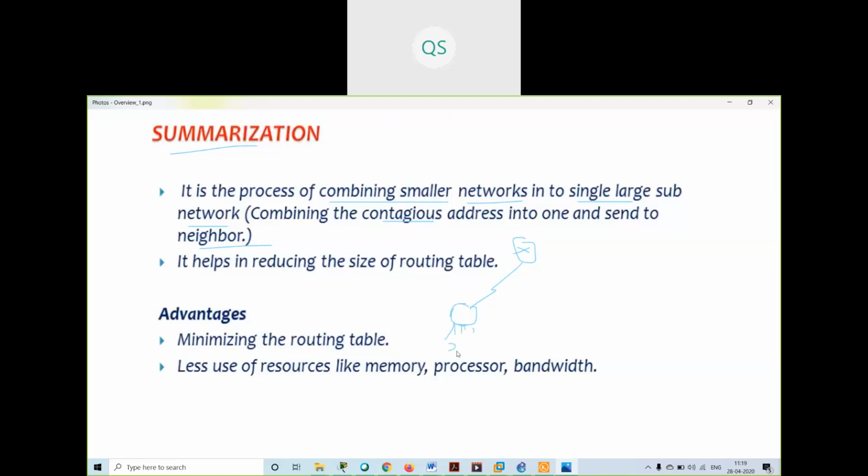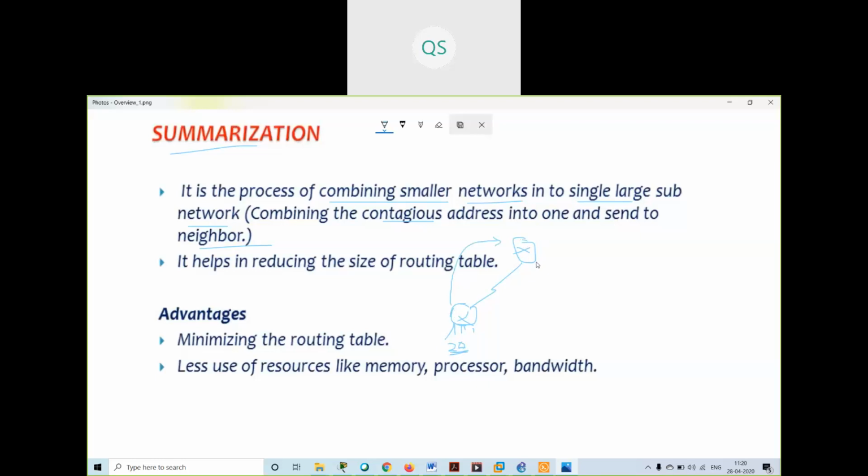Suppose I have 20 networks in this router that is connected with this router. This router will send 20 routes to this router.